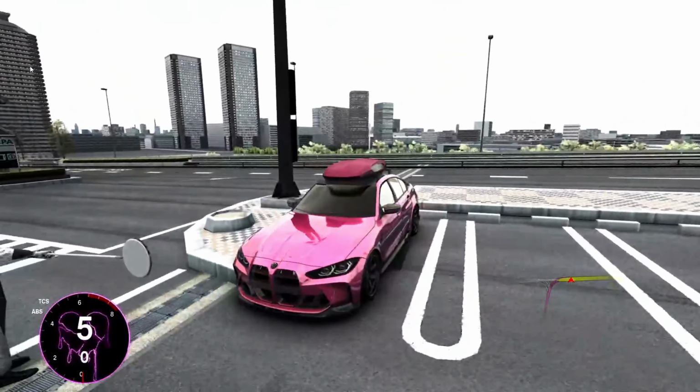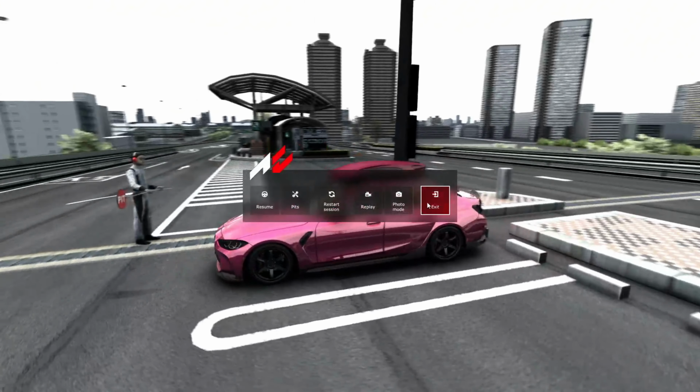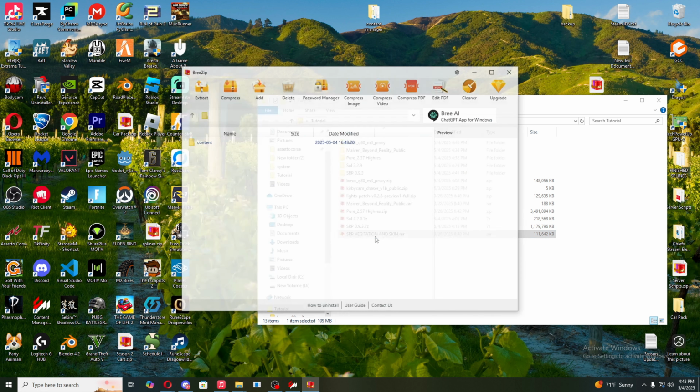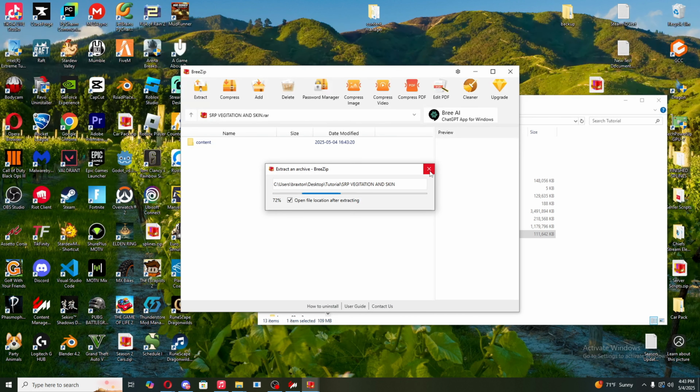I will be showing you how to add a skin to the SRP map. It'll go for all maps. If there are any skins made for maps, you can implement this to any map that you use. So we'll be going over that next here. Alrighty, so next we'll be heading over to the skin pack. So we'll open it, we'll extract it,